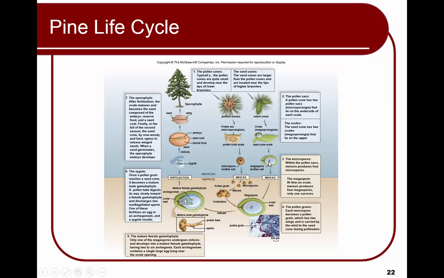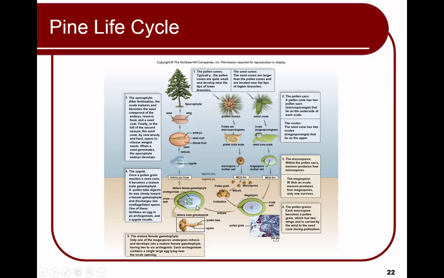And the megaspores, within each ovule, meiosis is going to produce 4 megaspores, but only 1 survives. Right here is the megaspore. Only 1 survives. And once the pollen grain reaches it,